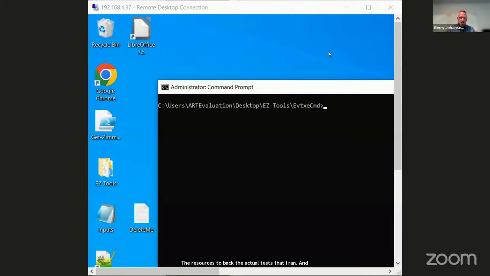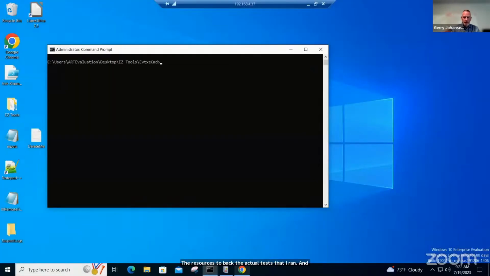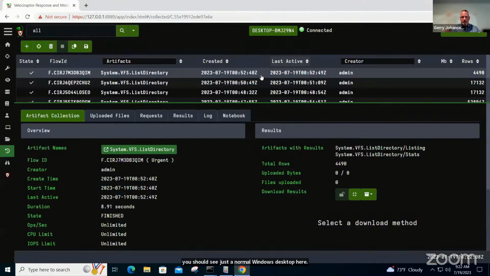What I've gone ahead and done is run some Atomic Red Team tests on a system, and I've included those as part of the resources at the back, the actual tests that I ran. And you should see just a normal Windows desktop here. And we're going to go ahead into Velociraptor here. And very simply, what we're going to look at is